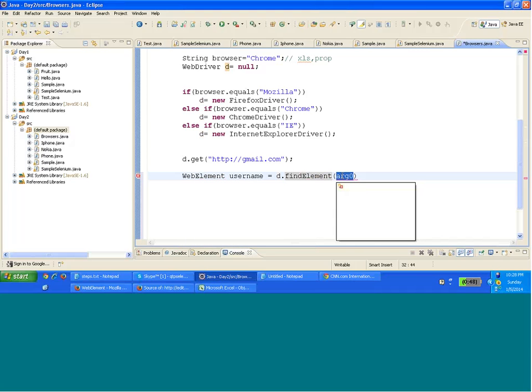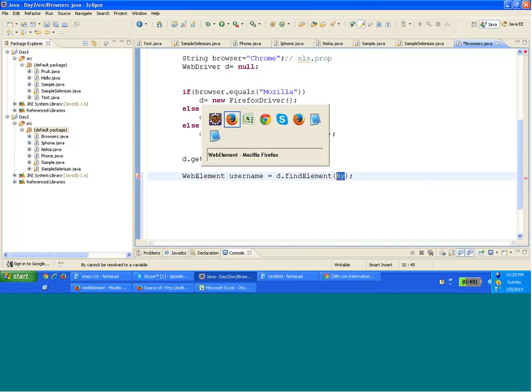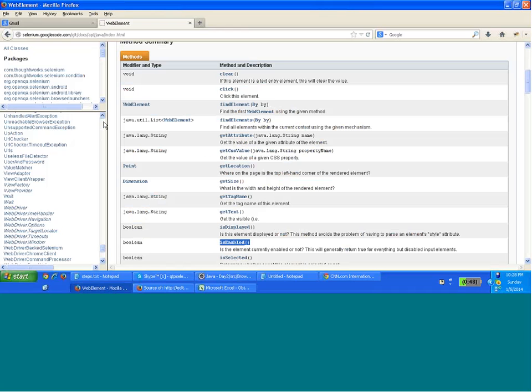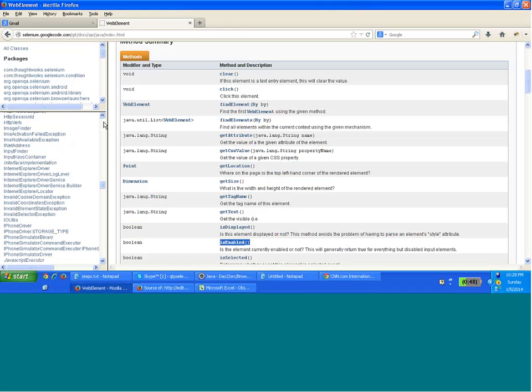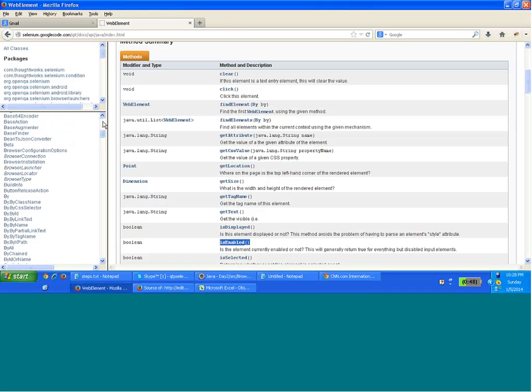How do I find the element? To find an element on the page, you have a class By. If you look at this By class,